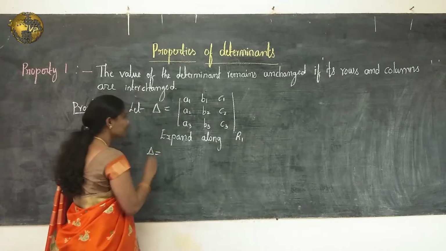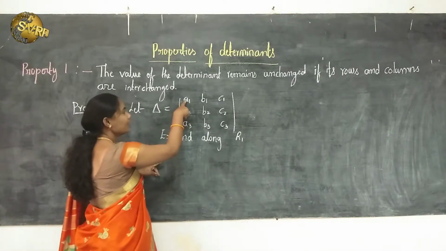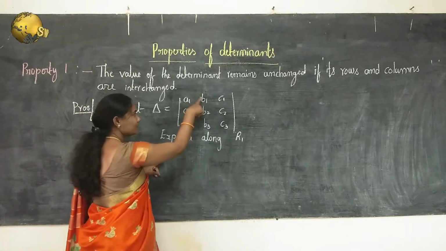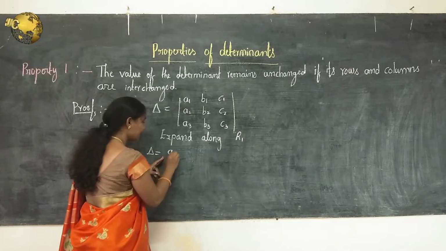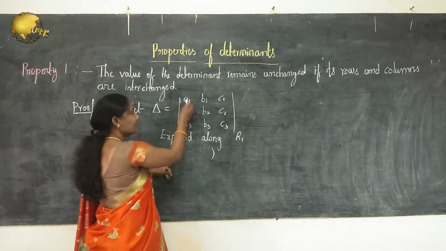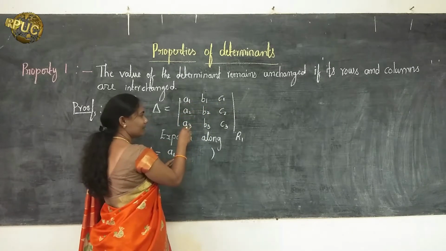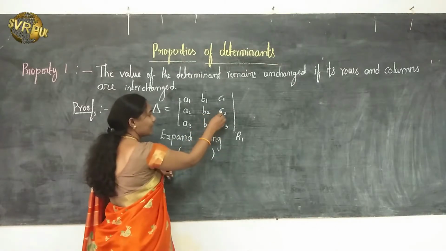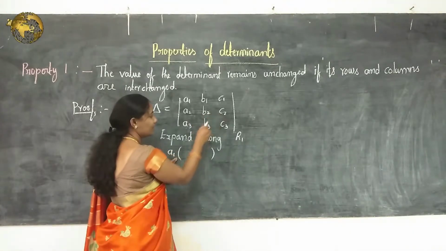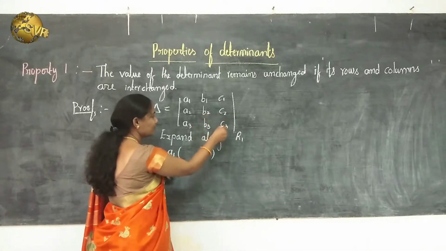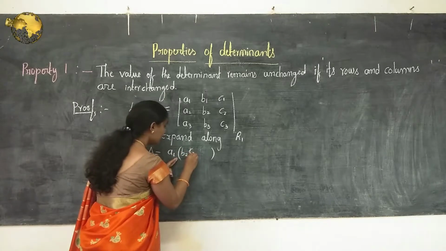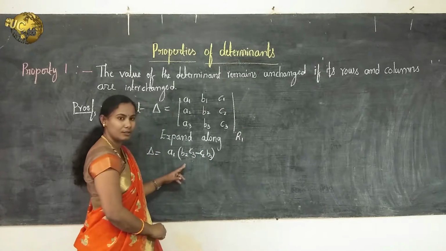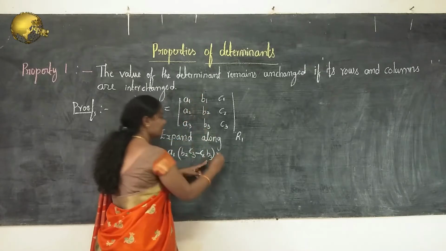So delta is equal to, see here, position signs. I will expand along row 1, so this you have to note down. The position signs are plus, minus, plus, and the first element is A1. Now neglect the first row and first column elements. Then we get a 2 cross 2 determinant: B2, C2, B3, C3, that is B2 C3 minus C2 B3. And then it is minus.